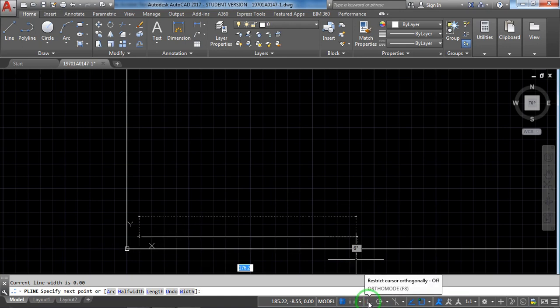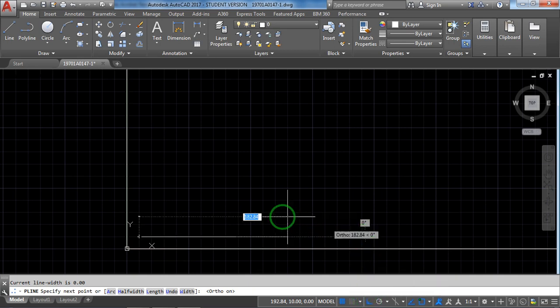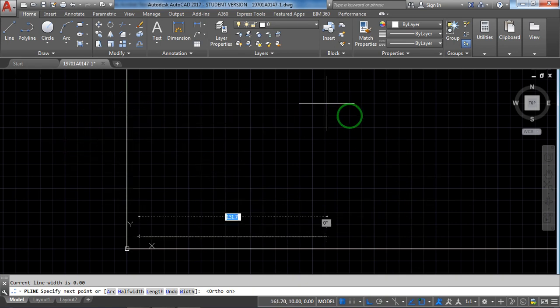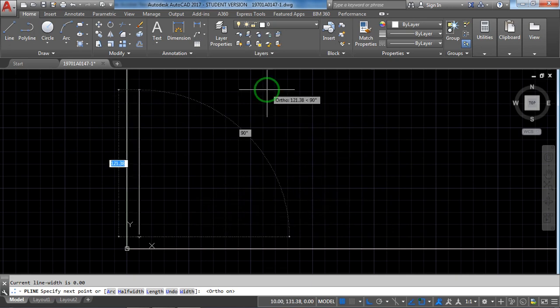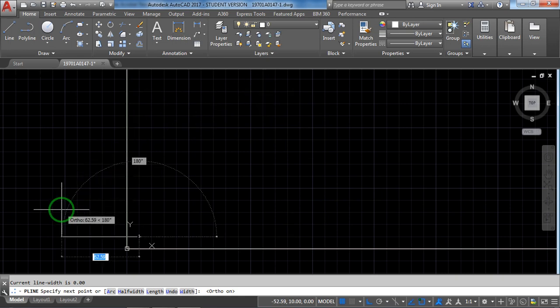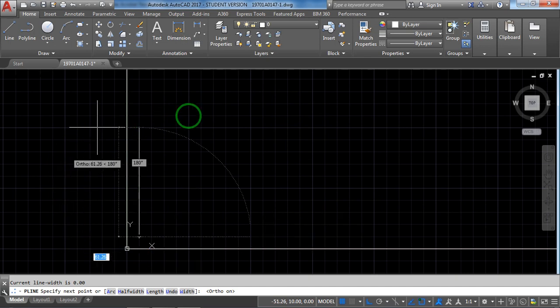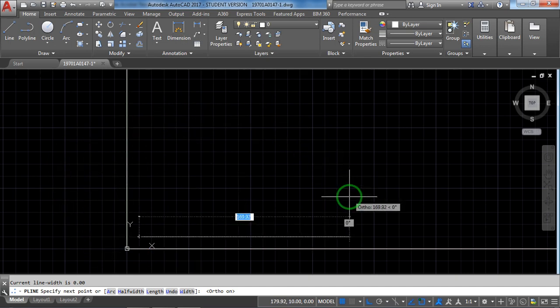When I click this, you can see it turn blue. Now if you observe your mouse, when you move it on the software screen, it will take only 4 angles: 0 degrees, if I move up 90 degrees, 180, 270, and again 0. Only right angles, nothing but straight perpendicular lines, which is the meaning of ortho.